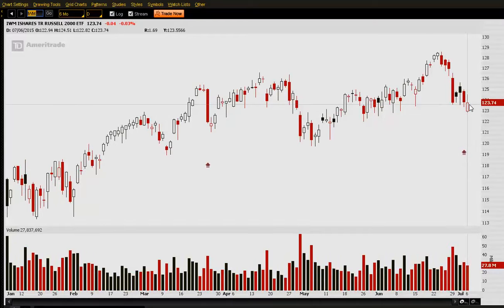Typically the Russell leads the trend when we're starting to make a new trend. Let's say we're coming out of the recession. It's the Russell that led the first signs of bullishness. So when we're at highs and we're looking to potentially reverse and make a new trend downward, we're looking to the Russell to lead us lower.